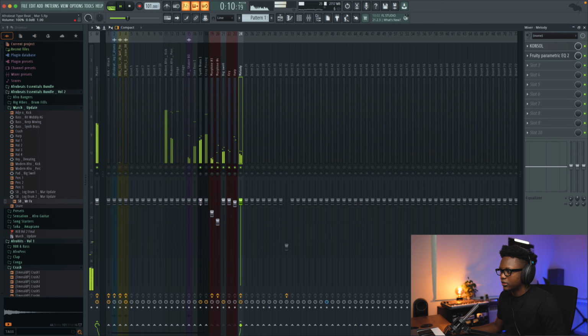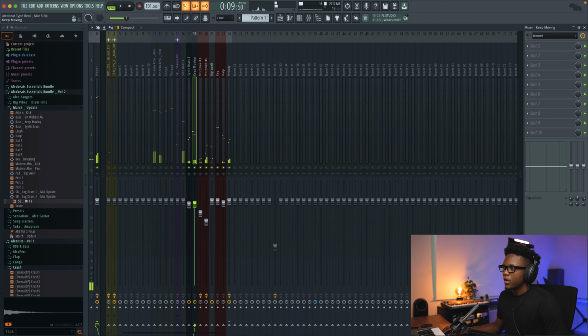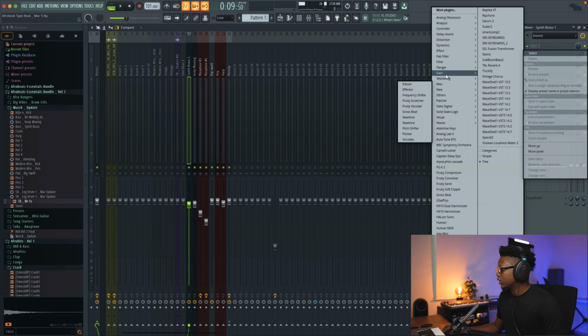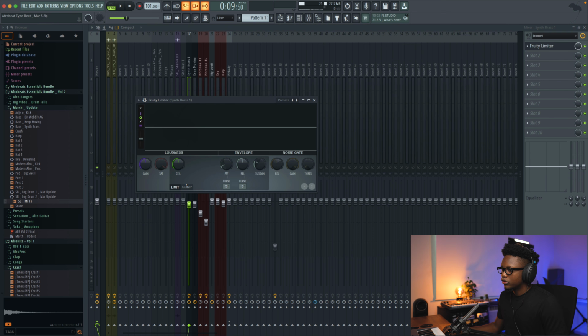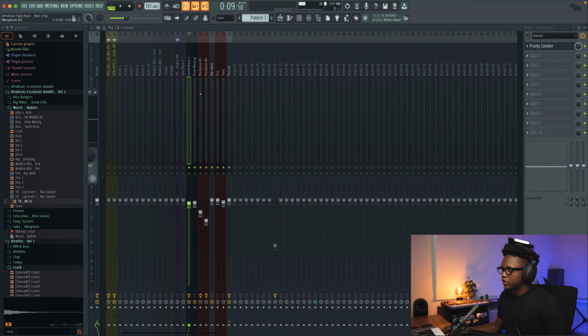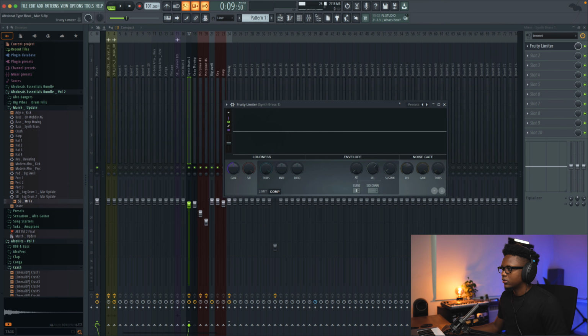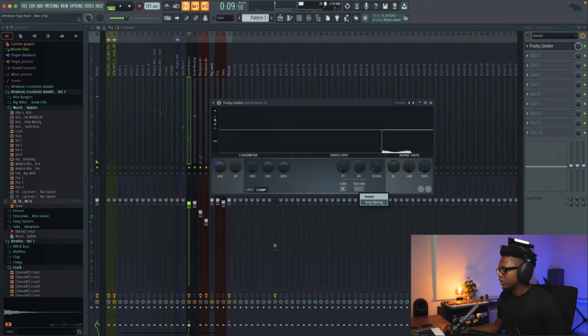if we now add the bass. Normally for those basses, they are playing at the same time. I am going to add a limiter on the synth bass, and we're going to sidechain it. Go, and then we sidechain to this track, and then let's go right here. We take our limiter, sidechain, keep moving